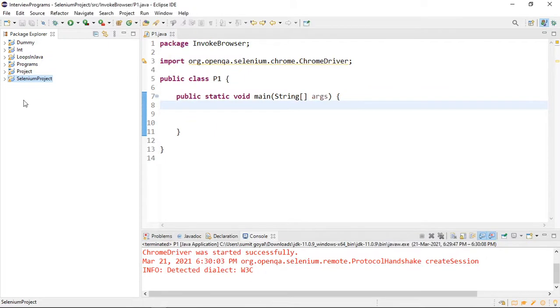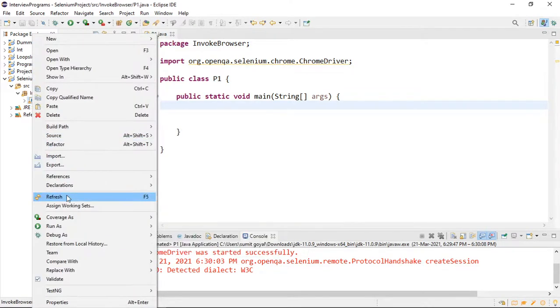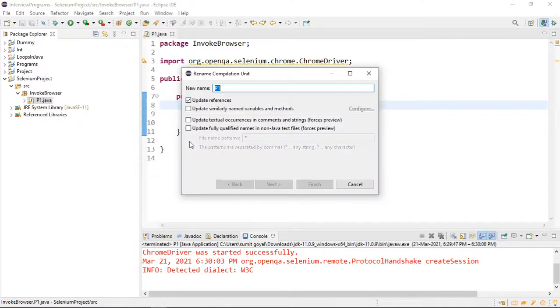So this is the project I have created, and inside that project, I have created one package, right? Inside the source folder, I have created one package. So all my classes will be inside this. So let me give a good name to this class. So the class name will be program fun, or you can say test case.